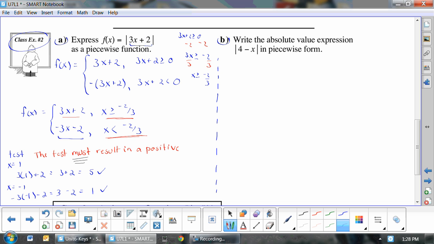So, for example number 2, we start it the same way and go, okay, well for the positive part, we can pull that straight from out of our absolute value. The negative part is 4 minus x. Okay? And then we know we go, okay, well,